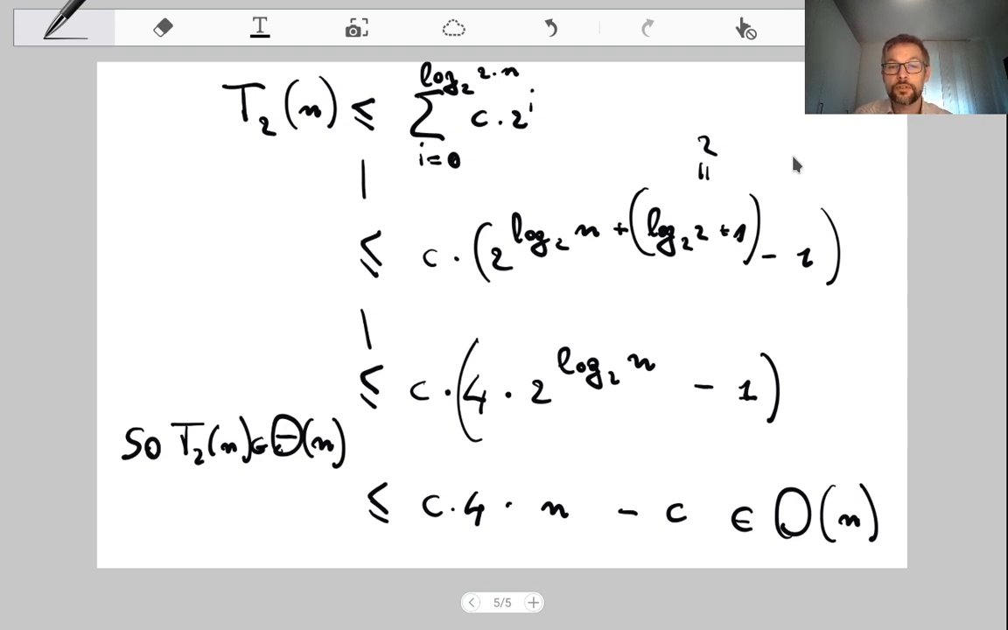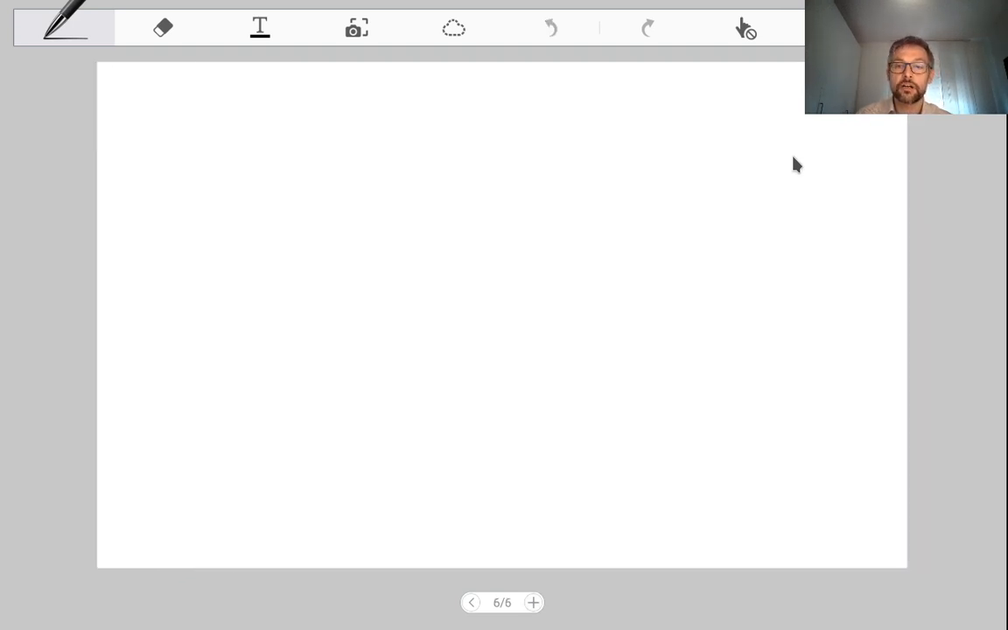So this is the solution of the equation T2 of the exercise number, I cannot recall the exercise, but you know it, done by using the recursion tree. Okay. Now let me move to the